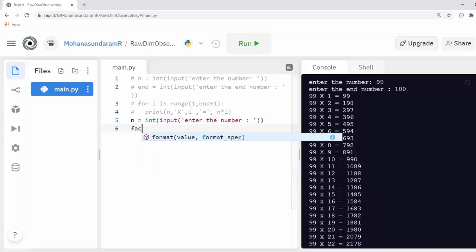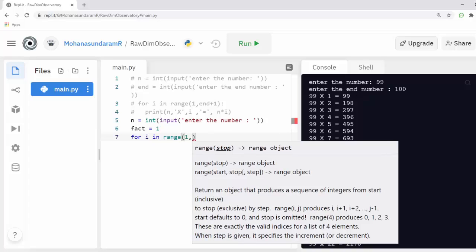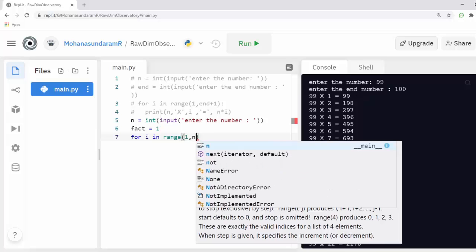Okay, and creating another variable like fact, and I'm assigning 1 to it. And I'm creating a for loop with for i in range 1 to n plus 1.